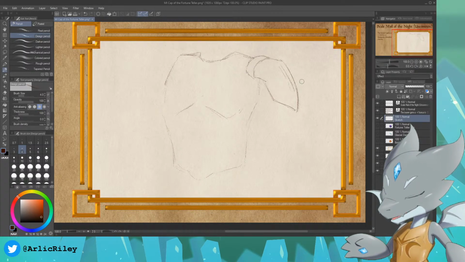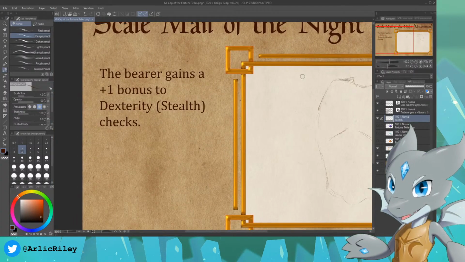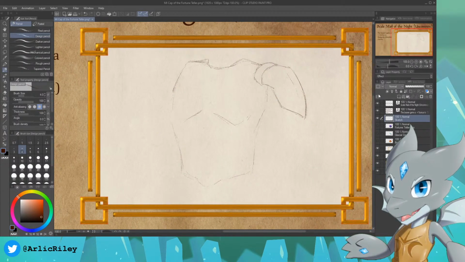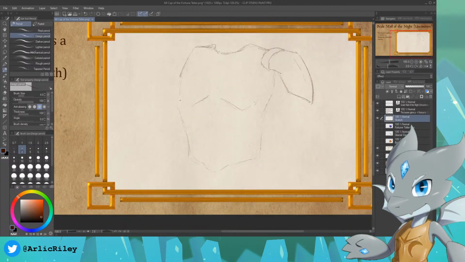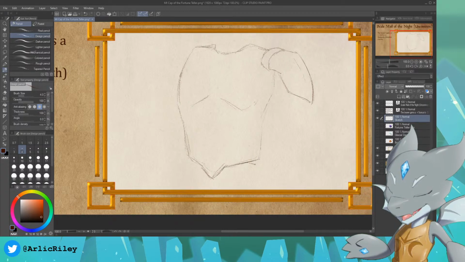So this is the Scale Mail of the Night. It is real basic. You get a +1 bonus to dexterity stealth checks when you wear this. Probably an uncommon item is what I went with. So not necessarily common, because it is made of scales after all. But I want this kind of rounded shape at the bottom there, and then